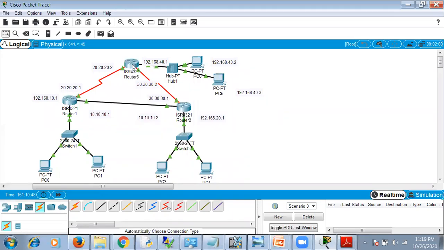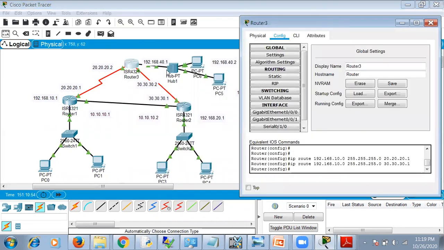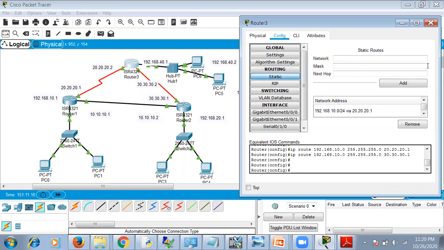Now we'll set the static routing in router 3. Once you send a message from PC0 to PC6, the acknowledgement has to be sent back again. So again, we'll give it two routes to go for PC0. You have a path either using the R1 router or the R2 router. So we have to give 20.20.20.1 or 30.30.30.1. So click on static. I've added the routes here. To go to the 10 network, we have one path using the 20 link address or using the 30 link address.